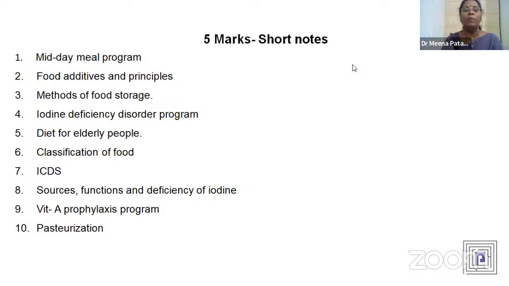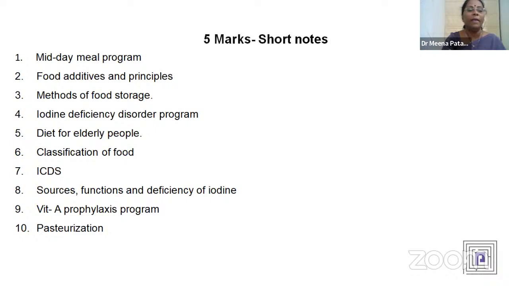Then we have 5 marks questions or short notes. Midday meal program. All about midday meal. Always remember, you start your answer, whether it's an essay or a short note, with an introduction. And for an essay question, the introduction or preamble will be much larger when compared to short notes. Then in the end, I will tell you about management of time, food additives and principles, methods of food storage,